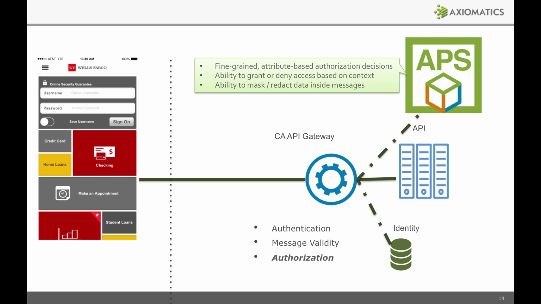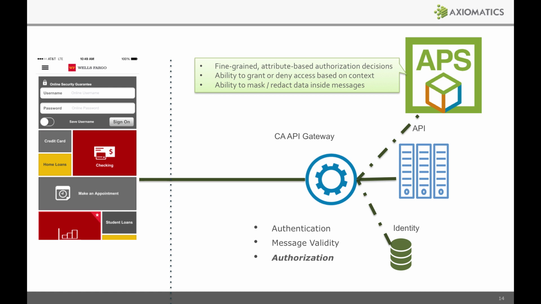The API gateway can inspect the messages that flow through the gateway in a very detailed way, extract different parts of those messages, use them as attributes, as building blocks to the authorization request, send it off to the policy server, wait for the response, get the response back, and enforce that response. And you can even go down different paths when you enforce the response. If it's a permit, you might want to go down the allowed path. If it's a deny, you might want to go down the deny path, or maybe an exception path, so on and so forth. So you have a lot of flexibility.